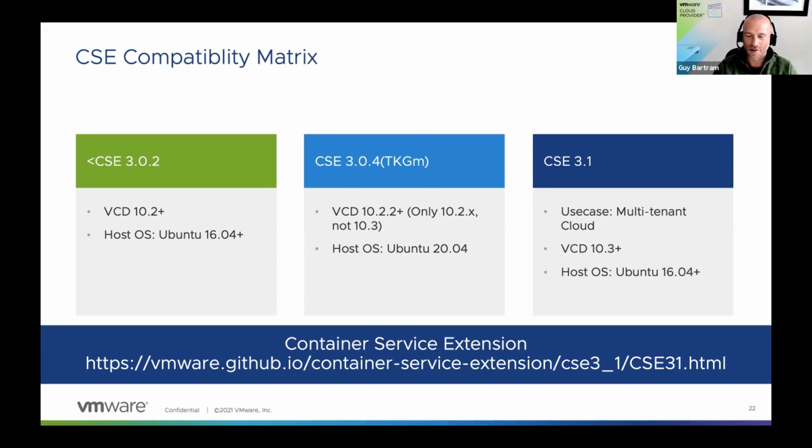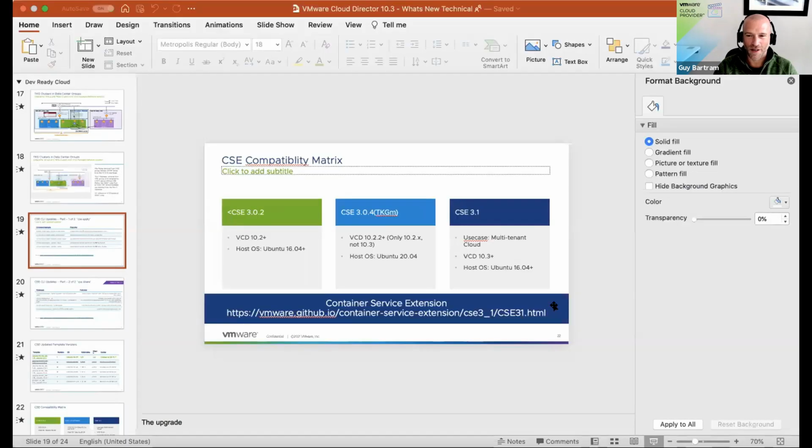Just remind me, so I'm clear, Sashi, because I often get very confused. With CSE 3.1, we obviously can do TKGS, and you can do native Kubernetes. And what you've been showing so far through the demos was native Kubernetes, but TKGS is available out of the box with CSE. If you wanted to use it, you don't have to use it unless you want to use the UI for certain operations. Is that correct? That is correct. Okay, cool. I got it.